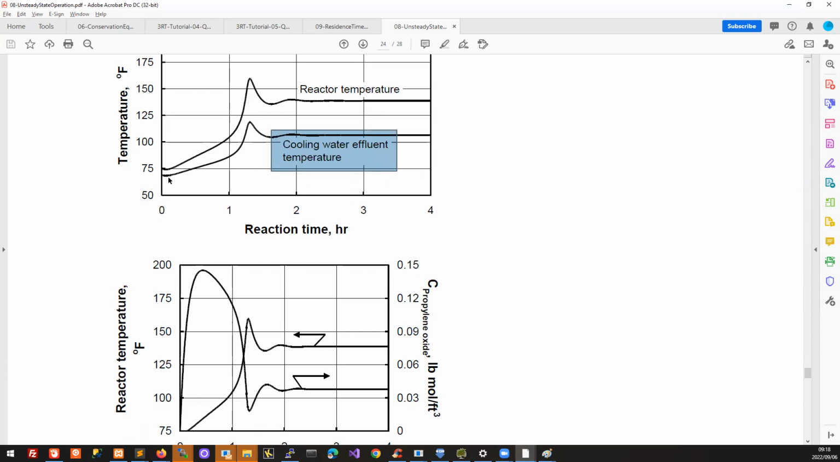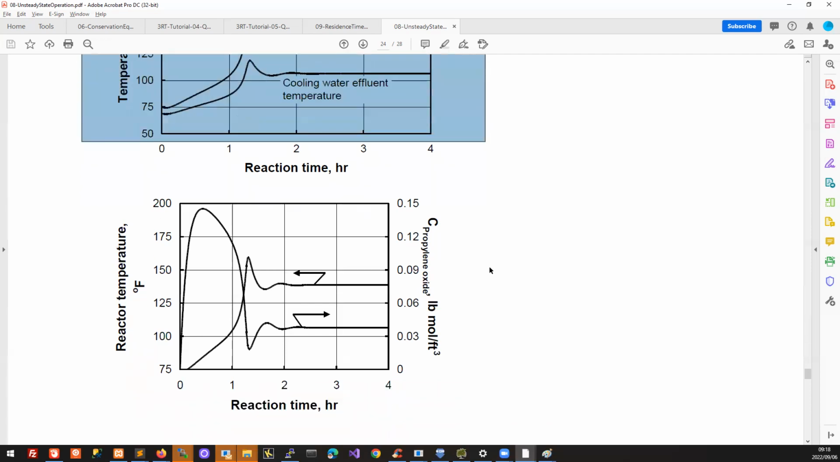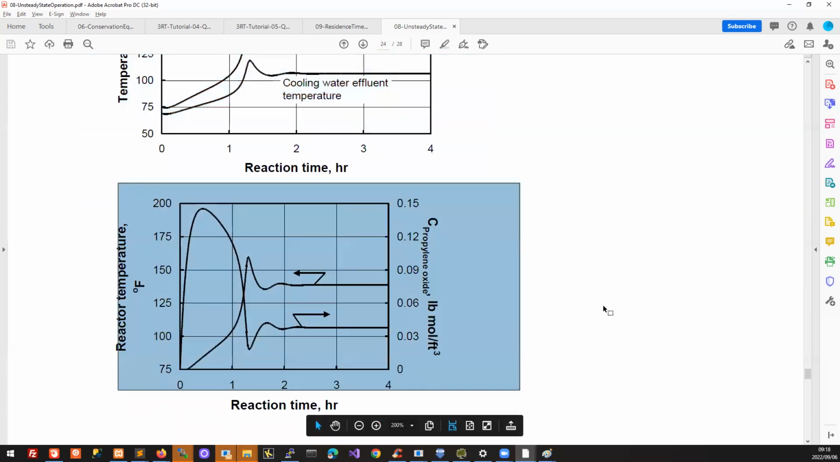So we are feeding in cooling water maybe intended at 25 degrees, but because it's an exothermic reaction, the cooling water will heat up and it will exit at these much higher temperatures. So that's how our energy balance looks. And of course, that's solved simultaneously with the material balance. And you find that,